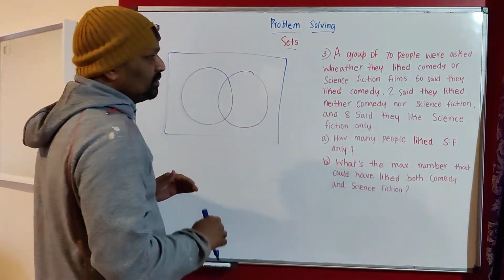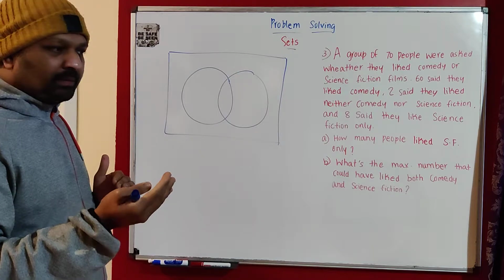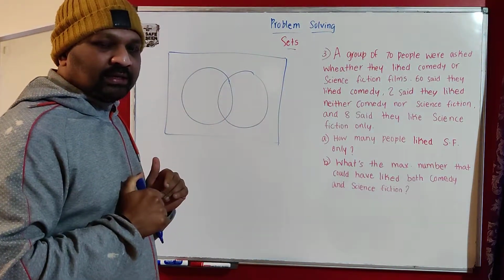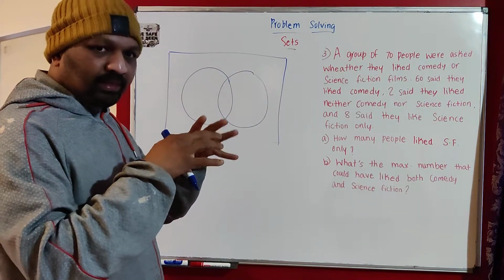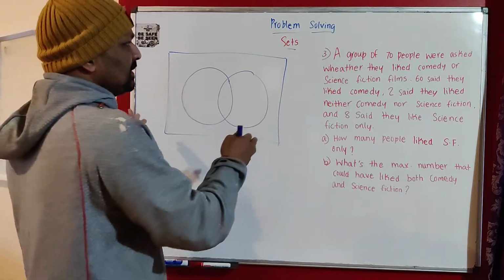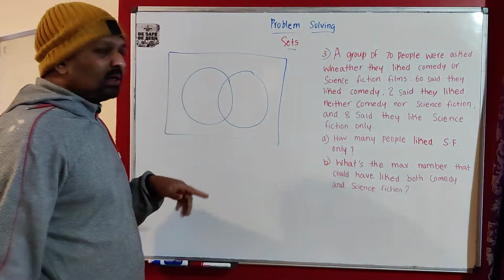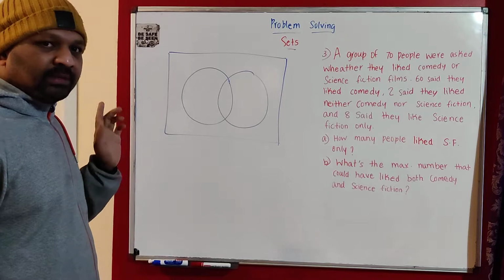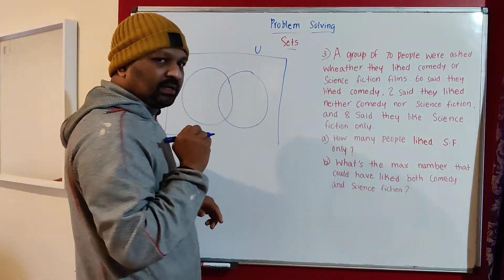What is a universal set? What is it that we are studying? The universal set is the set that is under consideration. What is under consideration? The set of students in the class. That itself represents the universal set, because we are concerned about the people in that particular class. So the entire square or rectangle here represents the universal set. The universal set is always represented with the letter U.